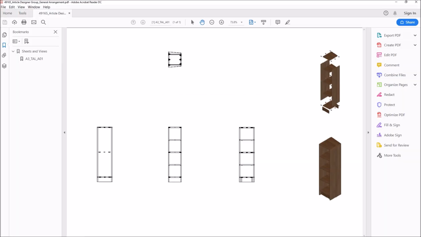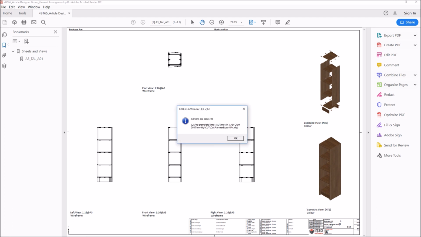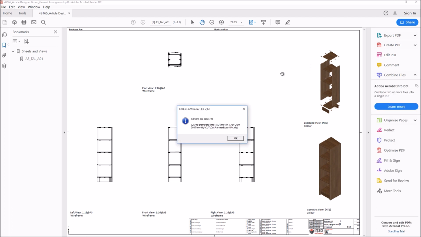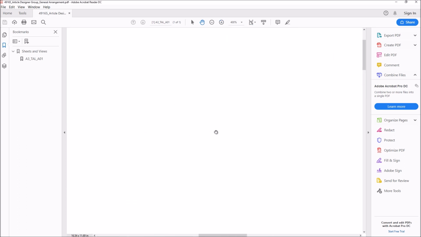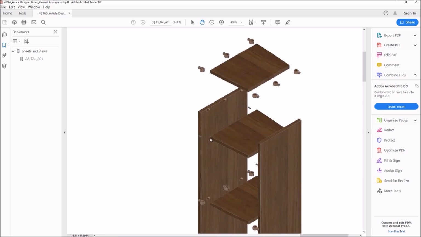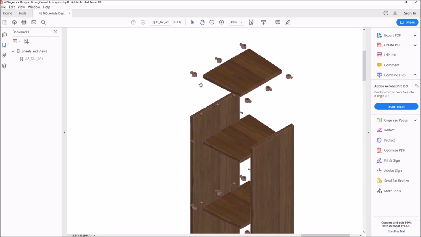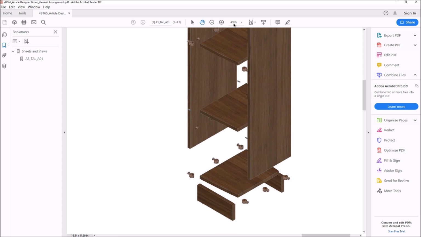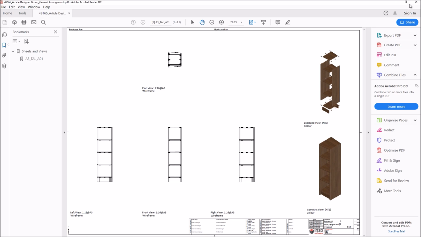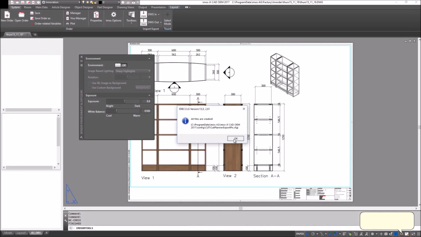Document Manager is also creating individual drawings for each cabinet, including an exploded view. Here you can see the affix fittings. Document Manager is now complete,